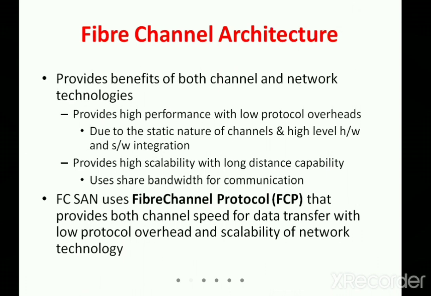All these functionalities are provided by the OSI model, through which the communication takes place. The same way, whenever I'm using Fibre Channel, there is an architecture so that the data transfer takes place. And when I say Fibre Channel architecture, there is automatically a set of rules and regulations to transfer the data, which we call a protocol. When I am applying this protocol, we need to make sure that the data transfer is at a higher rate, and that it also provides scalability for the network.